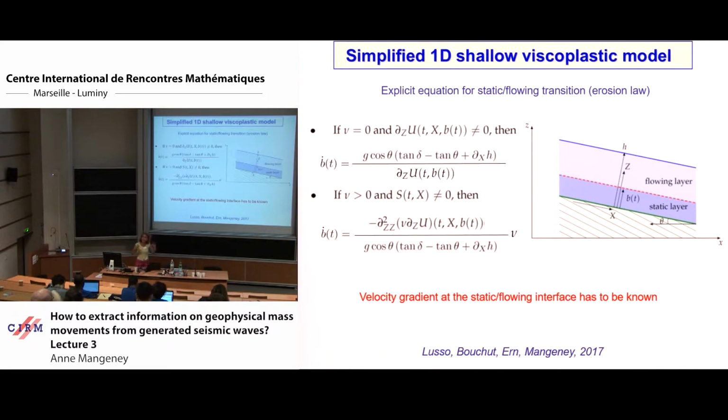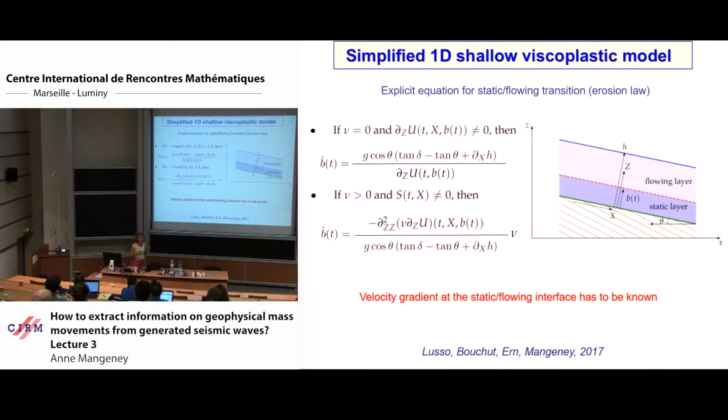So now if we come back to the former objective that we had, which is to apply these models to a real landslide, we will not solve the full Navier-Stokes free surface equation with Drucker-Prager law at the scale of the field. So we have to simplify the equation. And as I told you before, in a shallow water model, where we consider a flowing layer above a static layer, the whole problem is what we have to put as an equation for the static flowing interface.